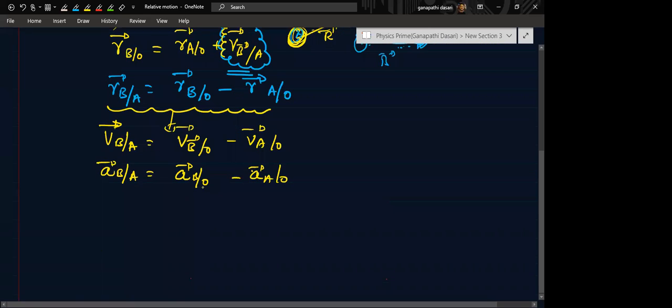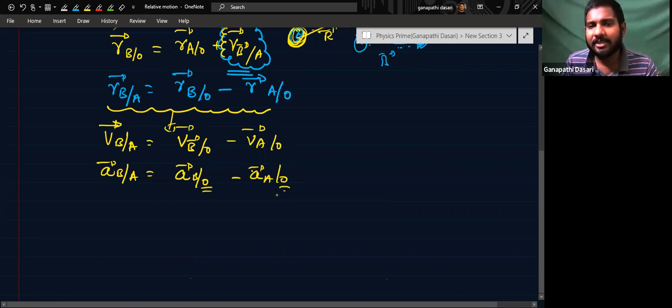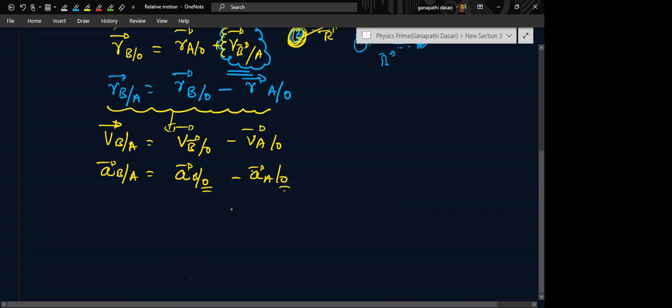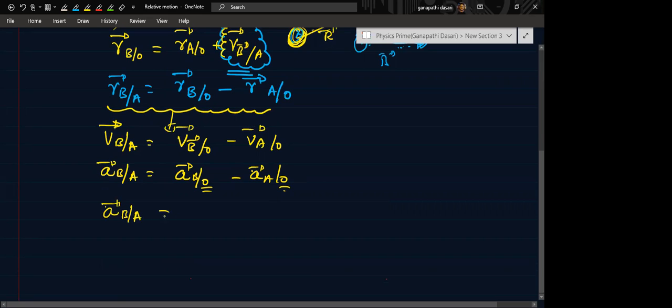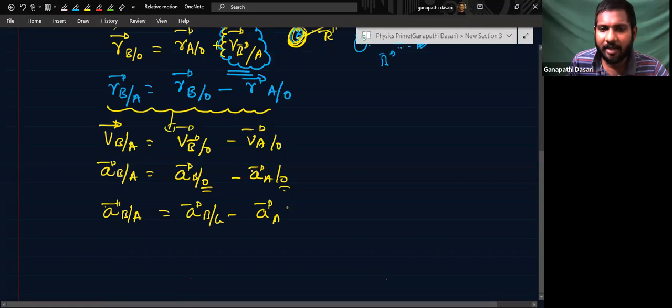Carefully, this origin is there, na? I will think that origin to be the ground for my practical purposes. I attach that origin, my coordinate axis, to the ground because we assume that ground to be at rest in all the cases. Basic observations of us. In reality, ground is also moving. So in the case of O, I'll write it as ground. Acceleration of B with respect to A is equal to acceleration of B with respect to ground minus acceleration of A with respect to ground.